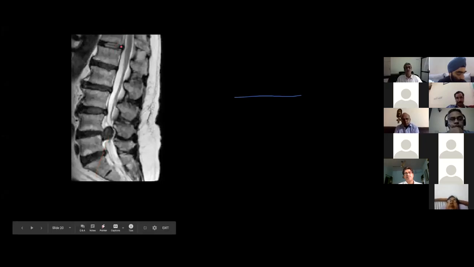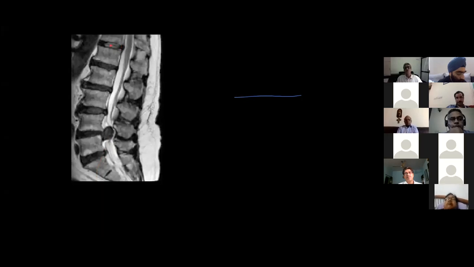See this disc. This is the nucleus pulposus. This is the annulus fibrosus. This black color on both sides is the annulus, and the central portion is the nucleus pulposus. The annulus is just adjacent to the PLL. Usually an annular tear takes place, which breaks, and the pulposus comes out. But in a degenerated disc, because the pulposus is already fibrous, it is black in color, and sometimes it can be slightly white in color if the nucleus pulposus is white with this herniation.